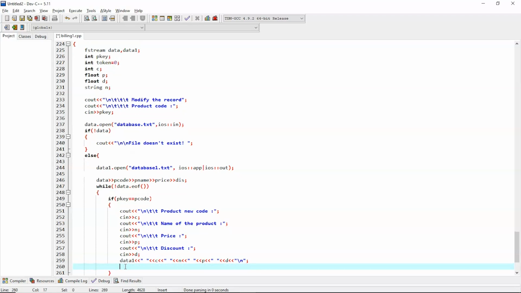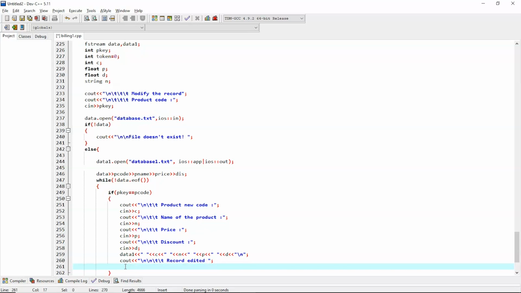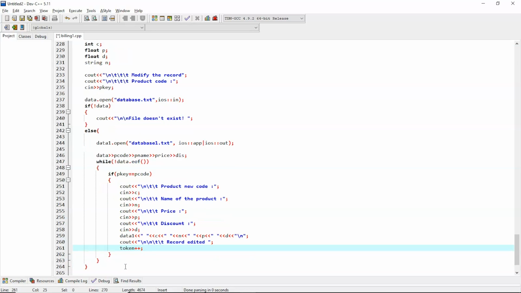Alright, now we'll write a message saying that record edited. Record edited. Alright. After that we'll increment the token, that is token plus plus. Now this was the if block. Now in else block,